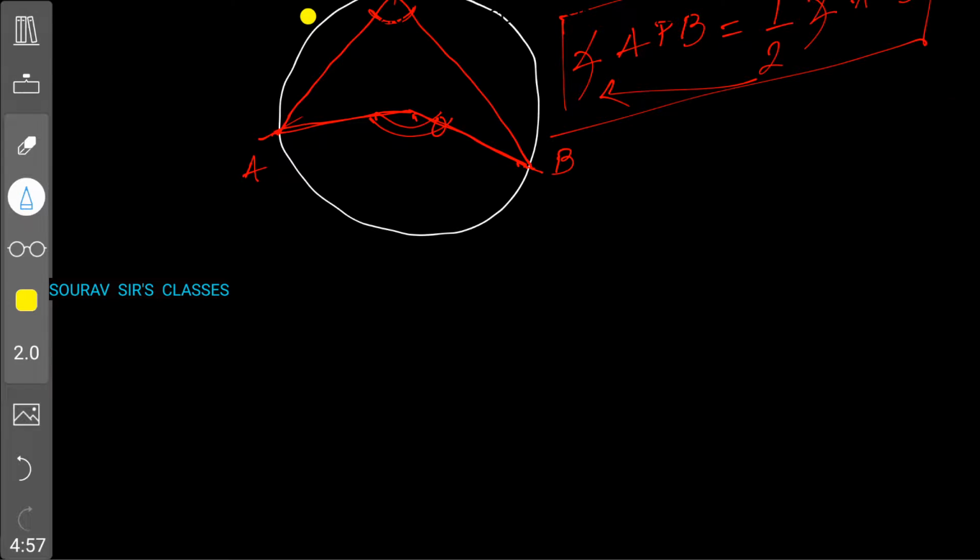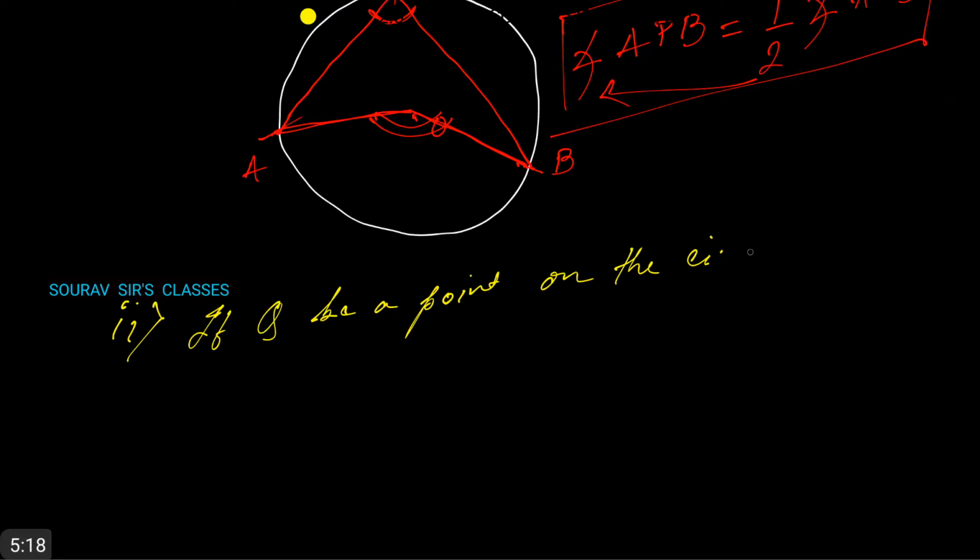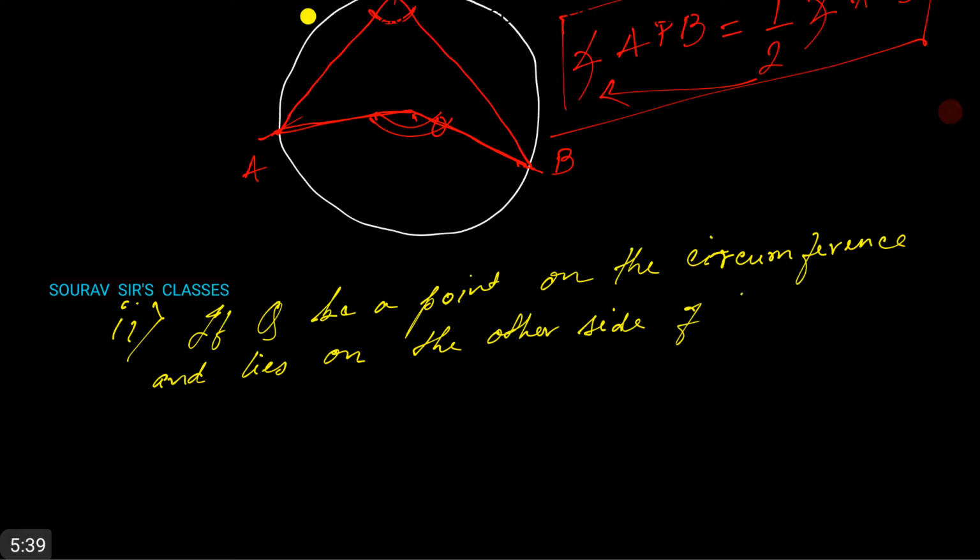Now, if Q be a point on the circumference, and lies on the other side of AB from P,